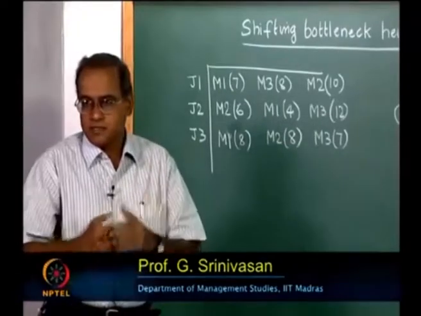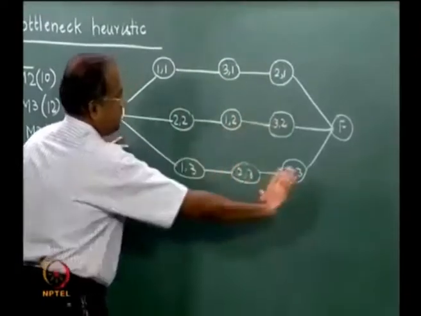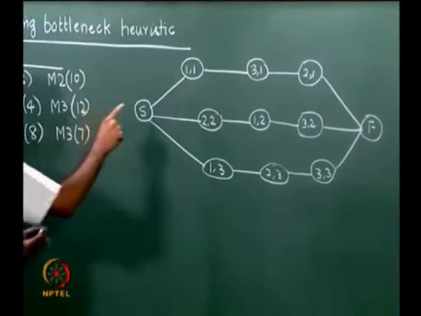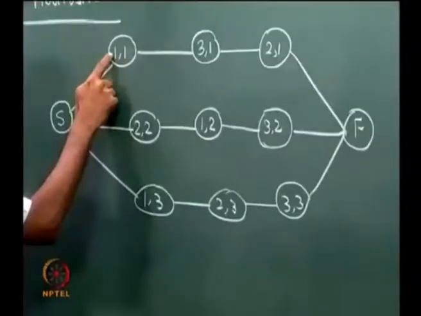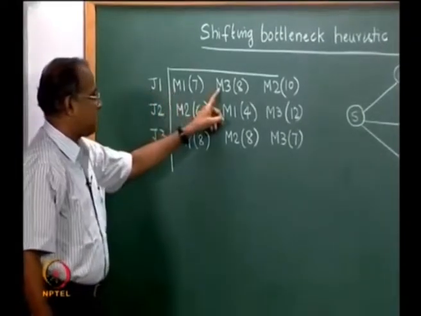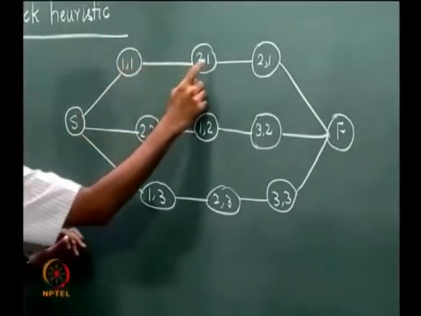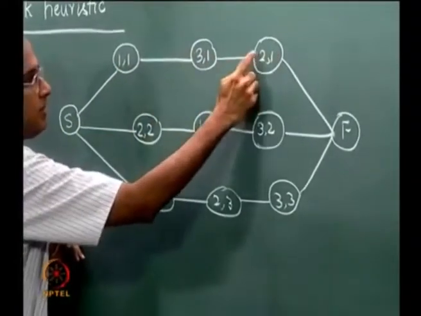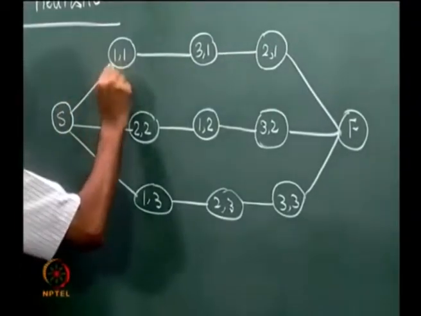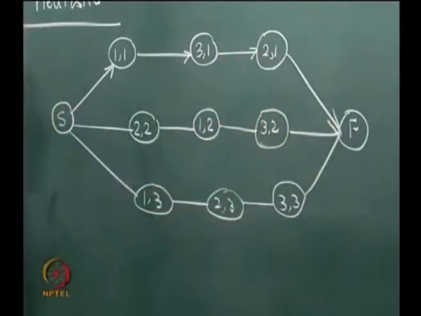So there are 3 jobs to be done and these 3 jobs represent these 3 paths in this network. So this would represent that job 1 first visits machine 1. If we see the route of job 1, it is machine 1, machine 3 and machine 2. So job 1 is on machine 1 followed by machine 3 followed by machine 2. So if we trace the path of job 1, then the arrows will have to be like this.